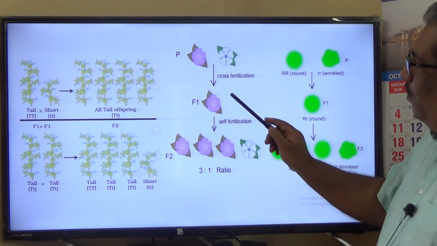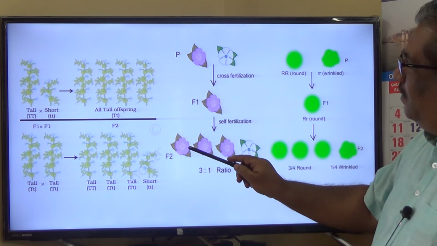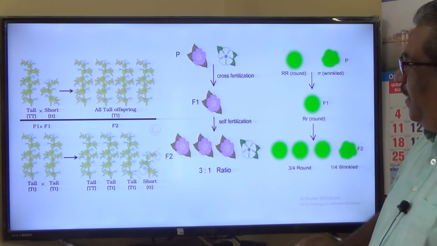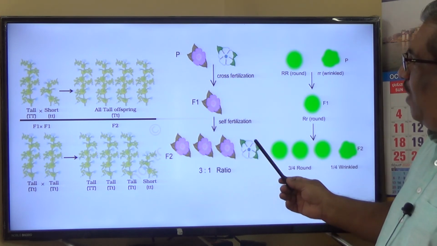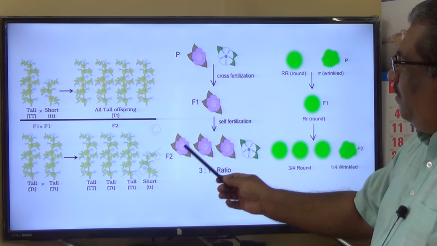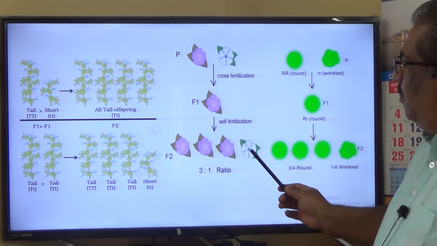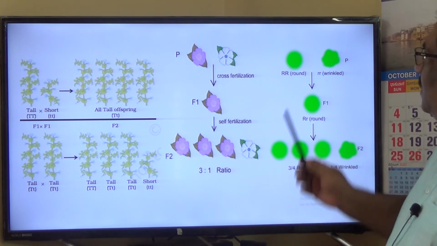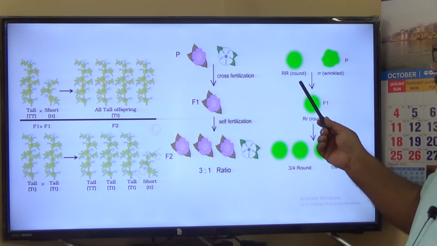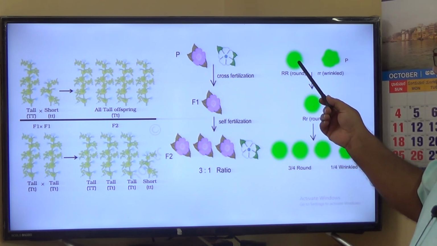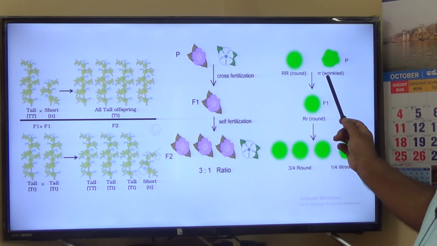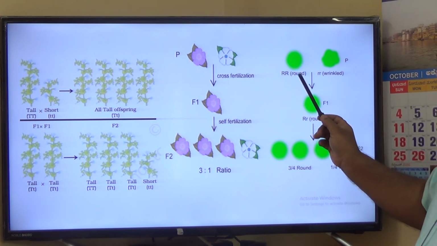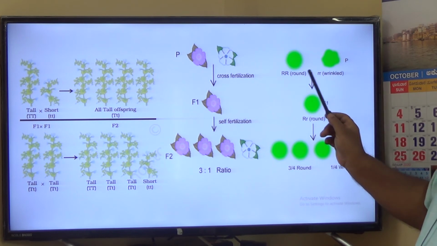Once these purple plants are self-pollinated, the offspring of the second generation will have this combination: 3/4 purple, 1/4 white. Similarly, you can compare green and yellow colored seeds, but one pair of contrasting traits is the shape, round and wrinkled. Let us